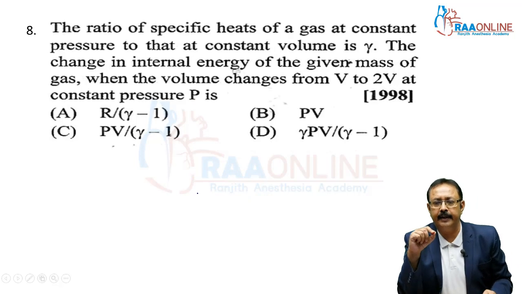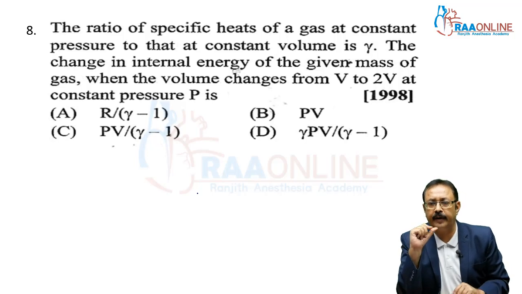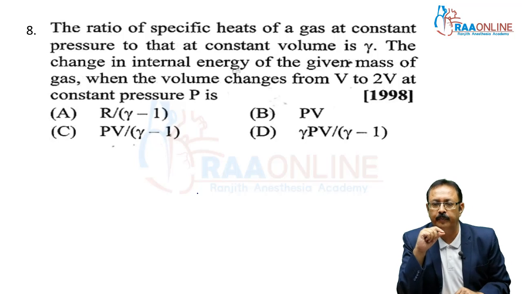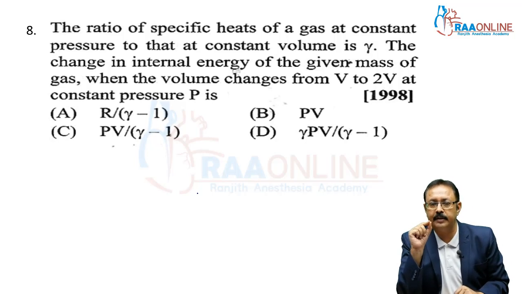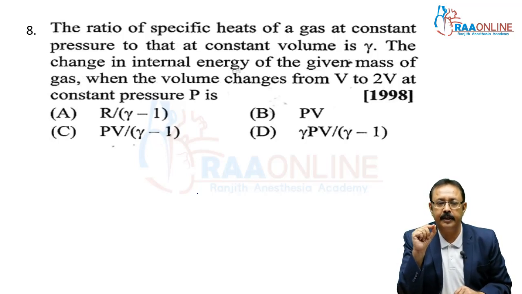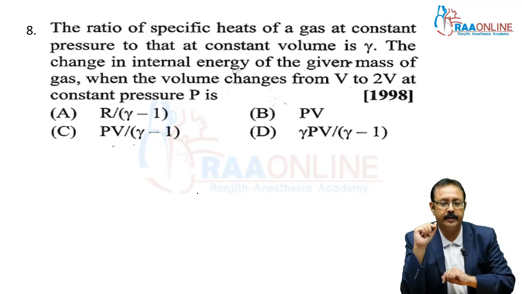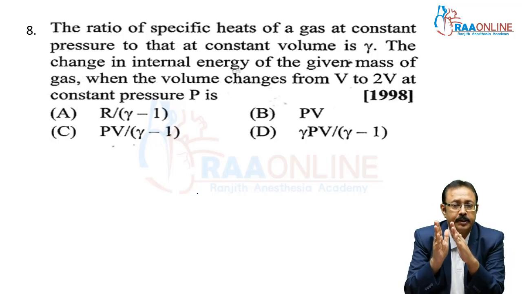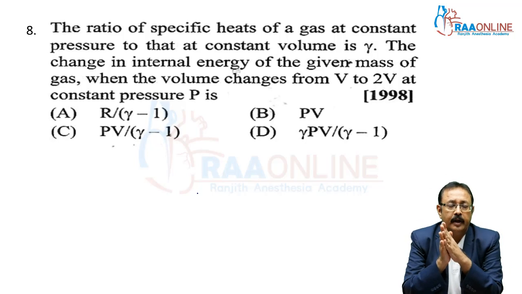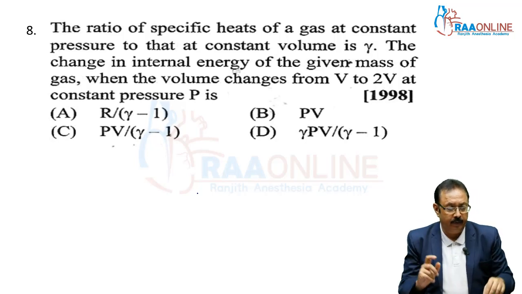Next is again from 1998. The ratio of specific heats of a gas at constant pressure to that at constant volume, meaning Cp upon Cv, is gamma. The change in internal energy of a given mass of the gas when the volume changes from V to 2V. What we are saying is, when volume is changing from V to 2V at constant pressure, we know that